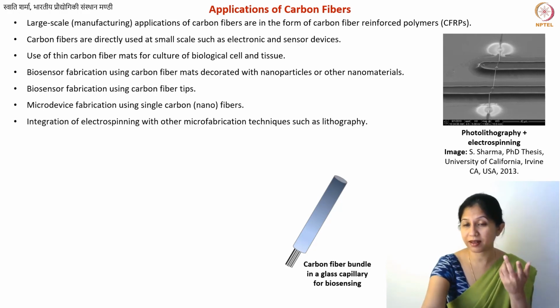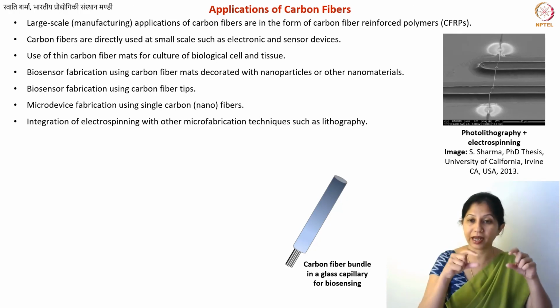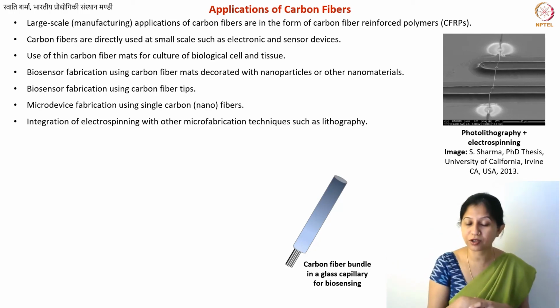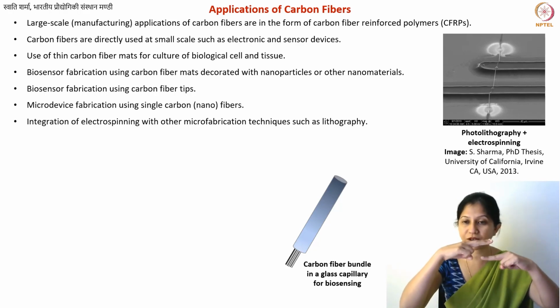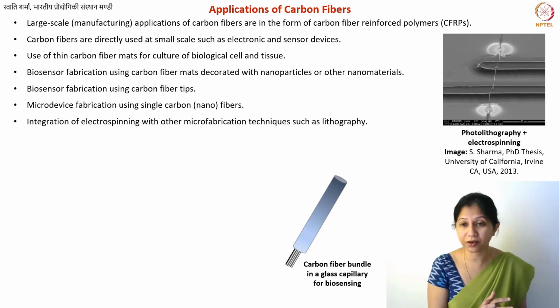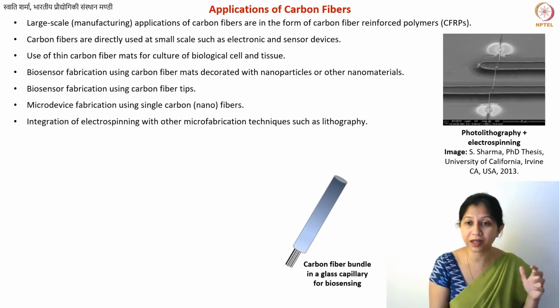In this image you can see a combination of photolithography and electrospinning. The electrode pads, you see there are two lines and then there is a suspended fiber on top of them. The fiber was prepared by electrospinning, while these electrodes were patterned using photolithography. Now you already know about photolithography. You have certain phenol formaldehyde resins that can be converted into carbon. If you also have a fiber suspended on top of them, then this entire assembly can be converted into carbon. So now you have the entire carbon structure, and you can perform your sensing using that individual fiber.